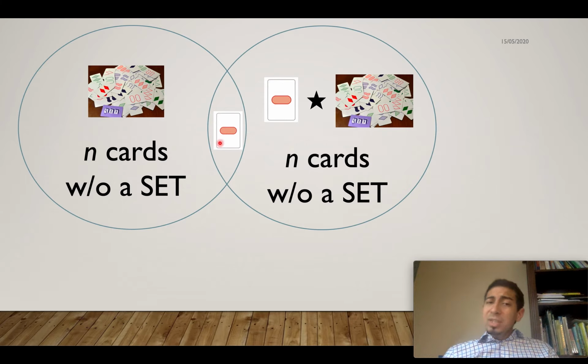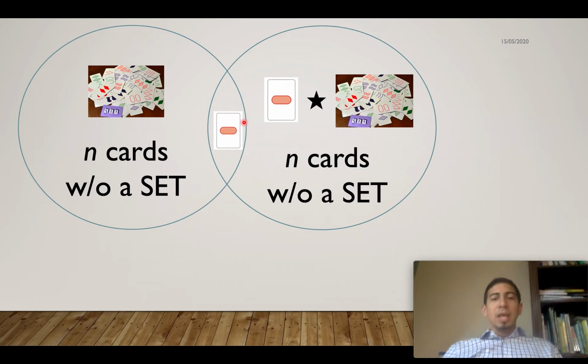But one can actually show that when I do this, other than this card in the middle, there is no other intersection between these 2 collections of cards. So if you start with n cards that don't have a set, choose one, take that one, star all of the other ones, and you collect what you get, one can show that actually the intersection is just one card. And that at least says something. It says